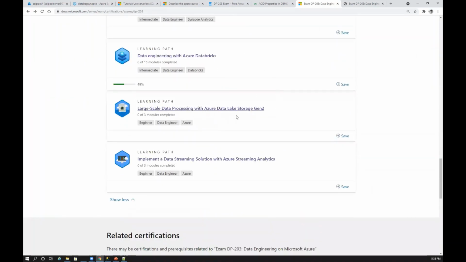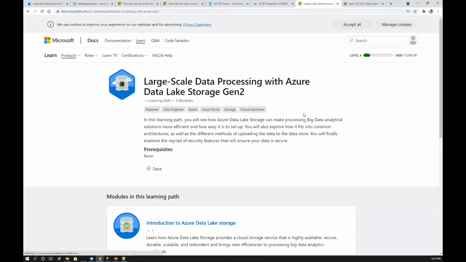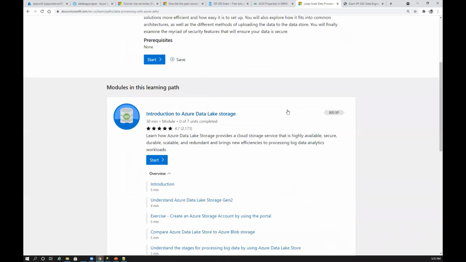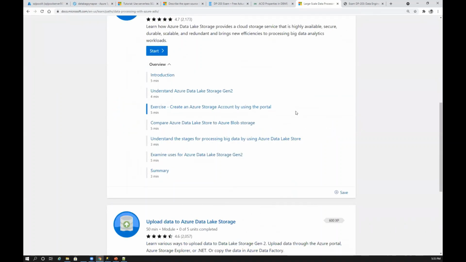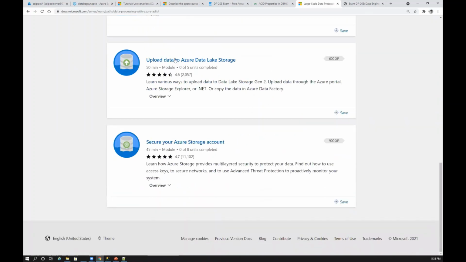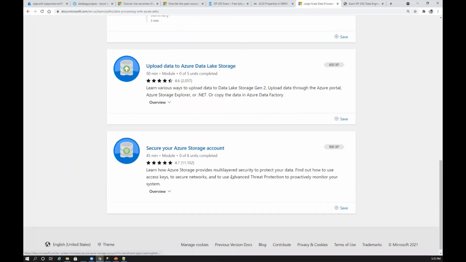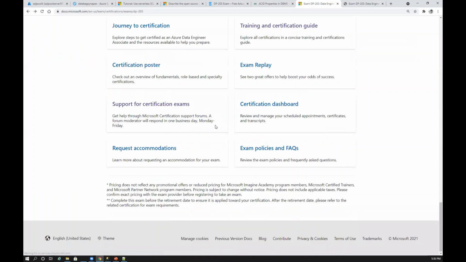Again, Azure Databricks is done. Then here you have Azure Data Lake Storage Gen 2. We have discussed this. Introduction to Data Lake. Don't get confused between Azure Blob Storage and Data Lake. Both are different, and there is a slight variation between them. You need to enable the checkbox, and you have ACLs here. And again, upload data and secure your Azure storage. Only 3 concepts you have. This is also important when it comes to the exam.